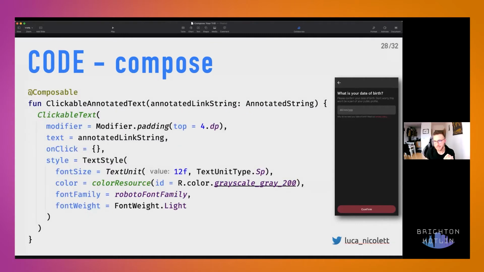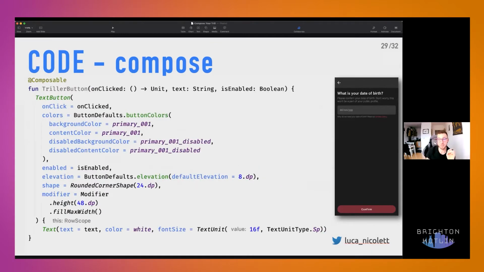And the last component in this screen is the button, which uses the text button from the library again. And we also need to tweak the style, we change the colors, we give some elevation, we give it a shape in order to have the rounded corner, we fix the height and fill the width.